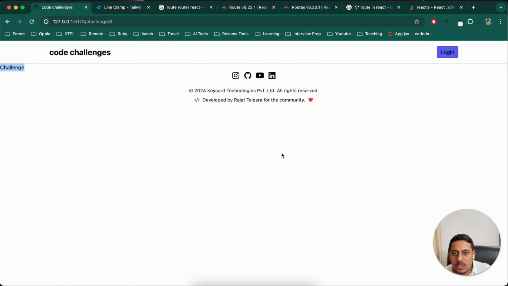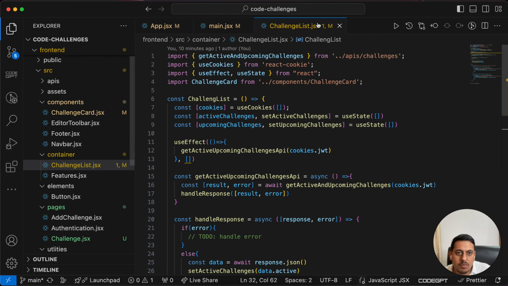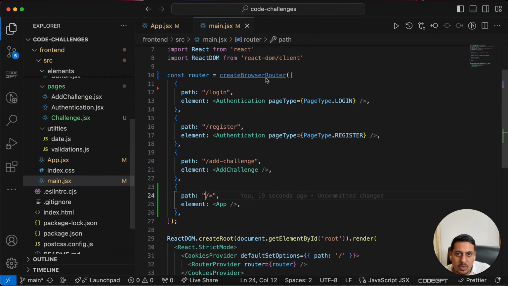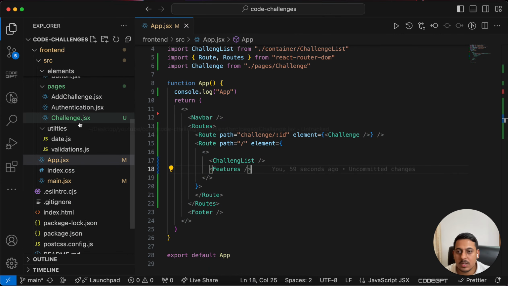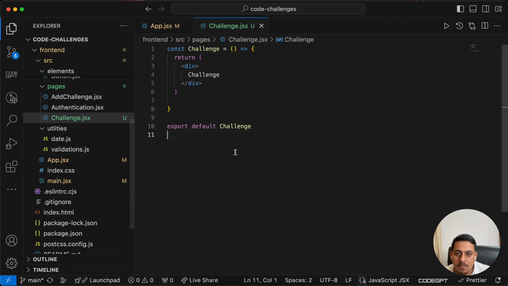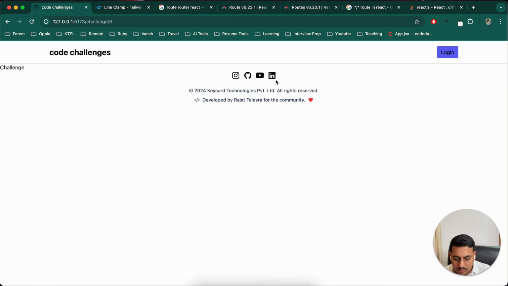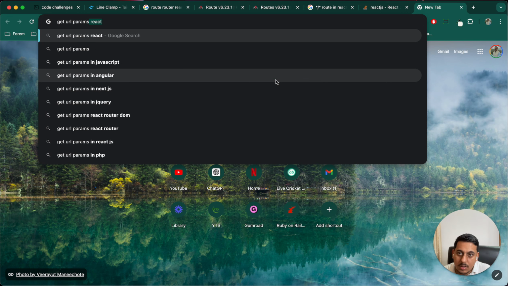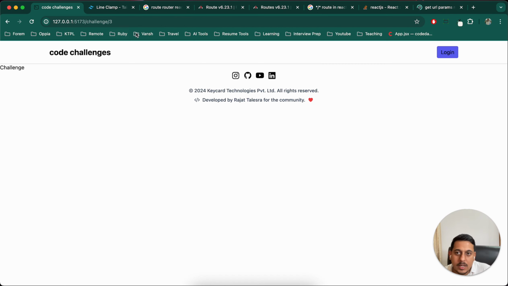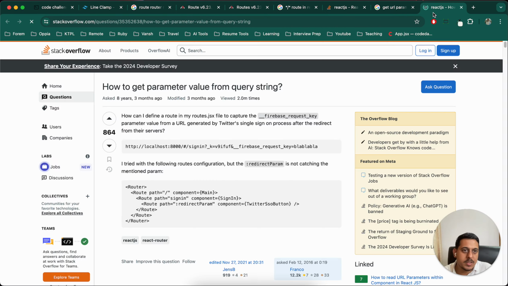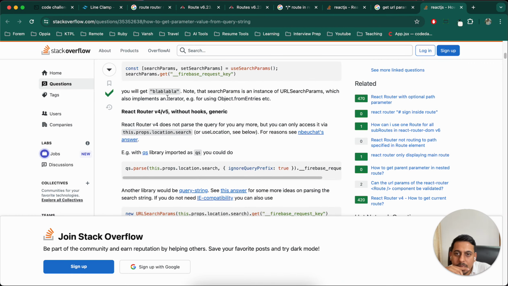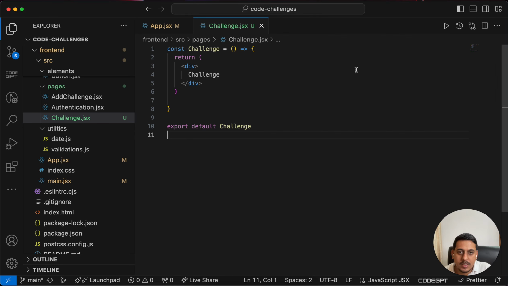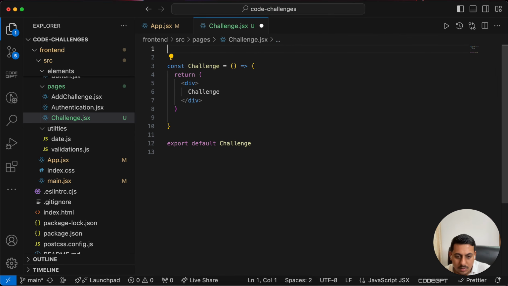So we were able to load the challenge part here. Now we just have to implement that challenge. So let's again go to, okay, let me start it. Get URL params React. Now I know that in this URL, I have the ID. So let's try to get that information first. This search params, right? Import,